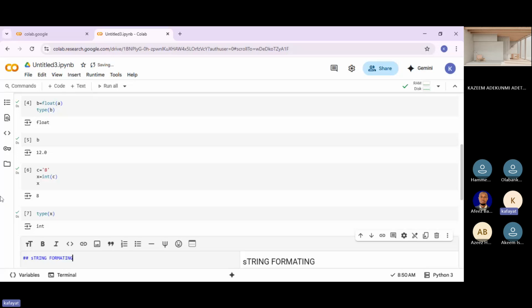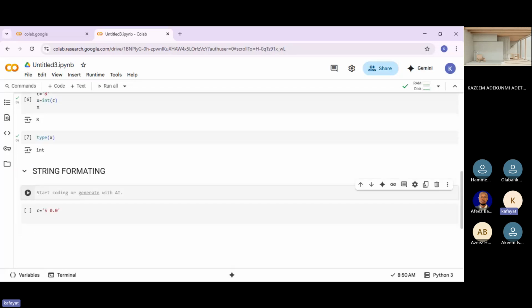When they say string formatting, I know you guys shouldn't be new to computer operation or computer data entry.